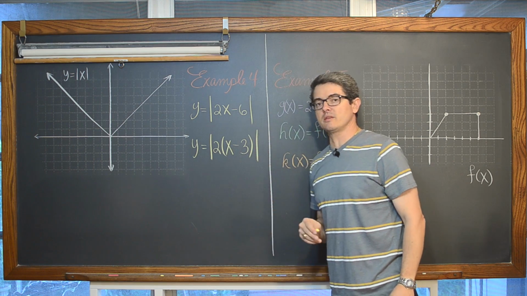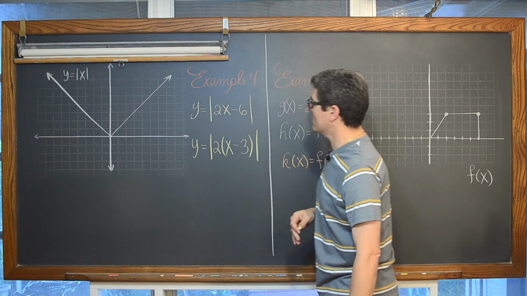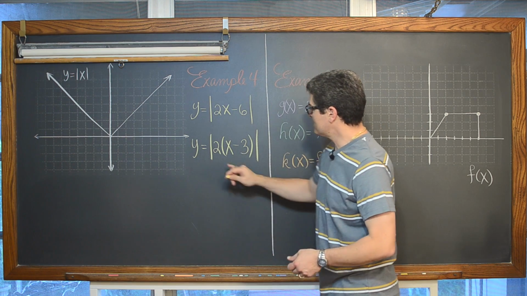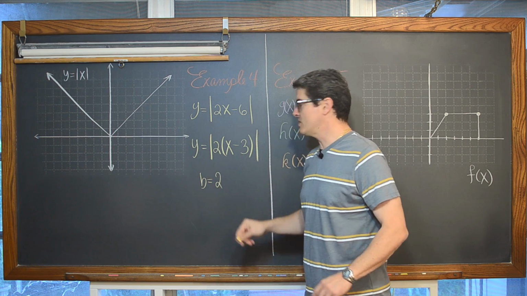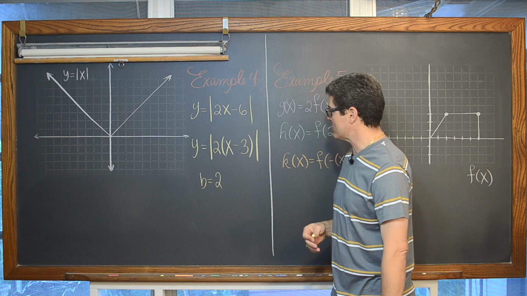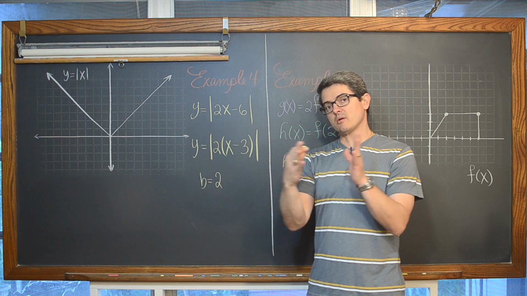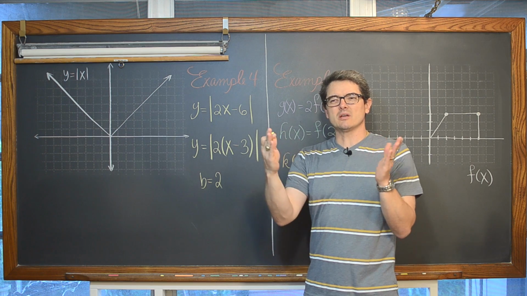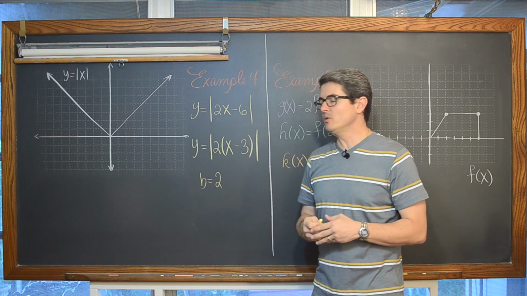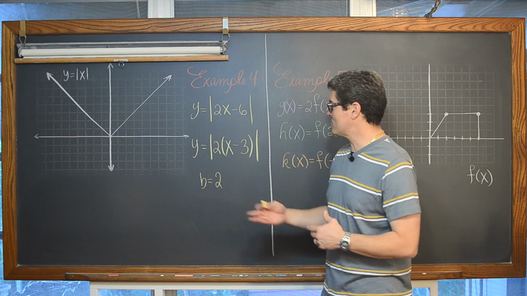And now when you look at this, and we have a sketch of our parent function up here on our graph, then we can see that we have a b value which is equal to 2. That is going to be a horizontal compression. And what that is going to do is, now it's a horizontal compression, so it's going to take all of the points and move them twice as close. It's going to make the distance from each of the points from the